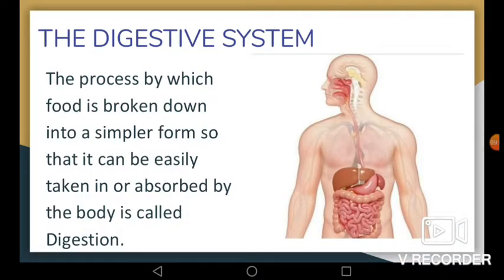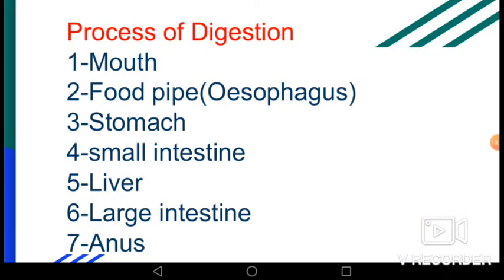The diagram given here represents different parts of the human digestive system that convert food into essential nutrition absorbed by the body. The process of digestion starts in the mouth. Here food is broken down by biting and chewing. The chewed food mixes with a liquid called saliva, which helps in digestion.